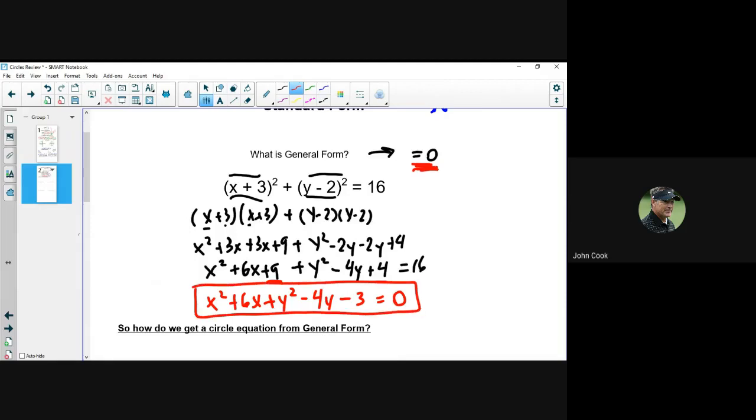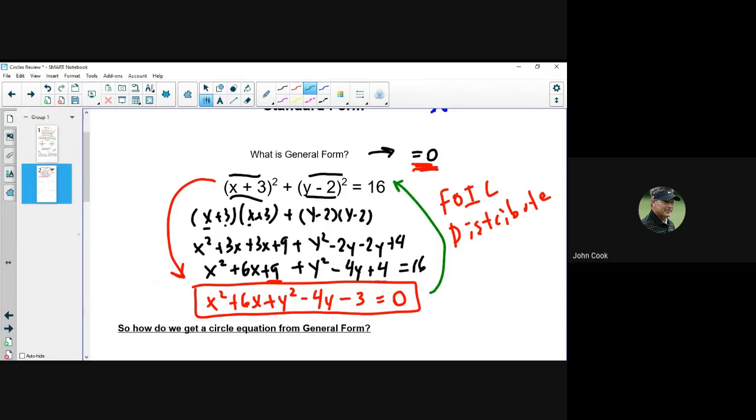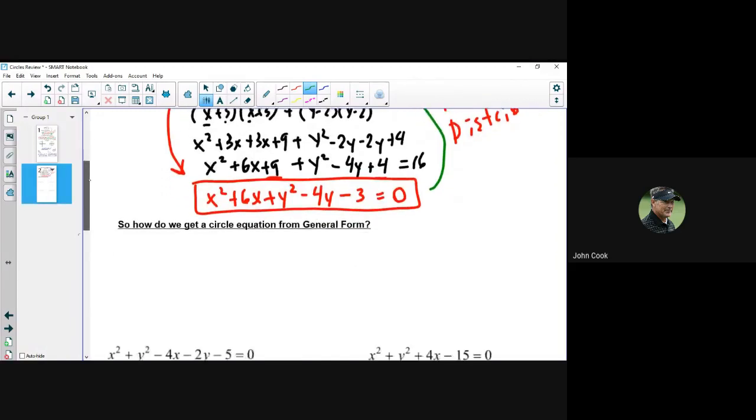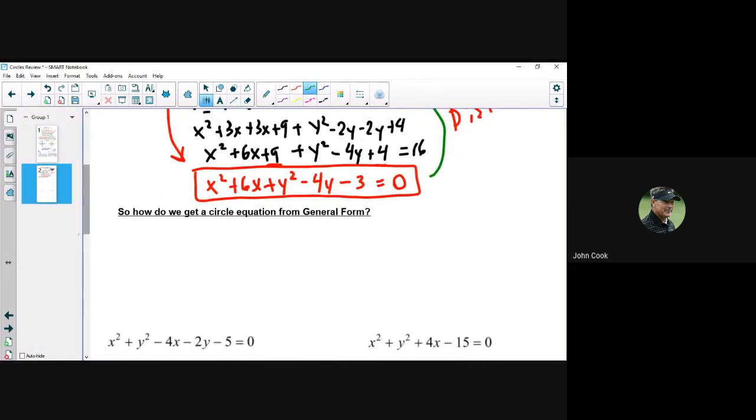So you can see that I can go from standard form to general form pretty easily. All I have to do is just FOIL or distribute, whatever you want to call it. Is there a way to go backwards from general form to standard form? And obviously there is, because the next part of this note says, how do we get a circle equation from general form? And, I'll be honest with you, it's something that you're not comfortable with, something that you guys don't like for whatever reason. But the answer for this lies in completing